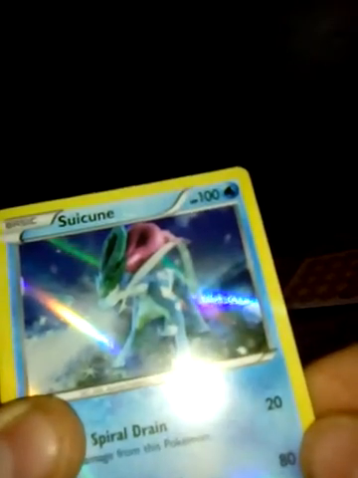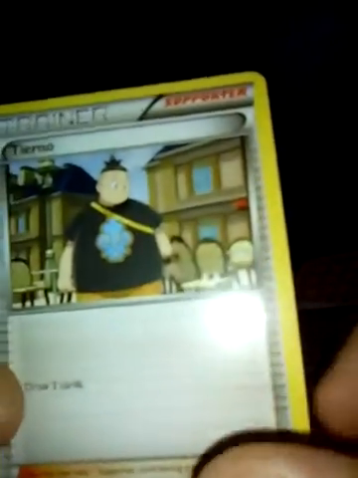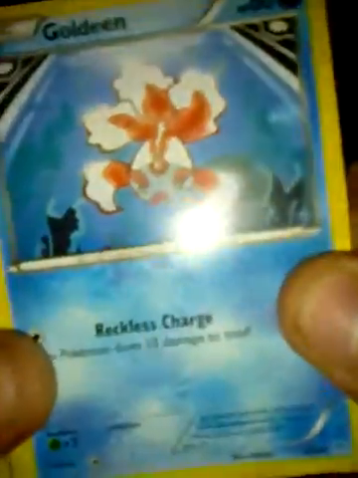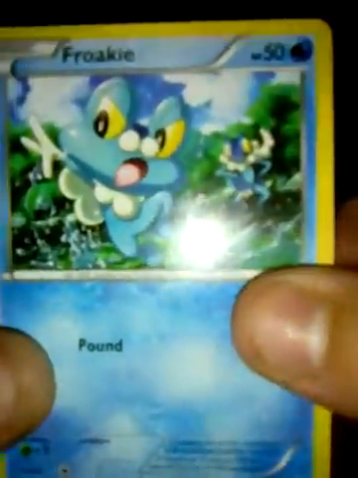Okay, I am back. So, right off the bat, we got a Suicune. This is a legendary, or was at one point in time. A Tierno, a Water Energy, a Swanna, Goldeen, Seaking, Ducklet, Froakie,